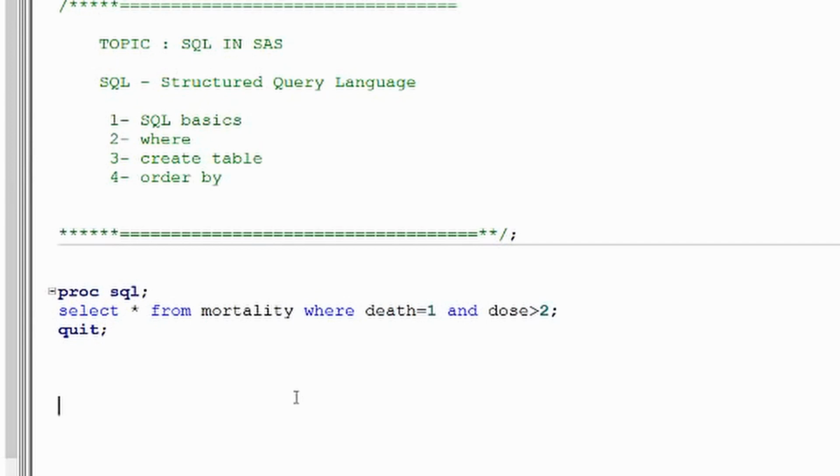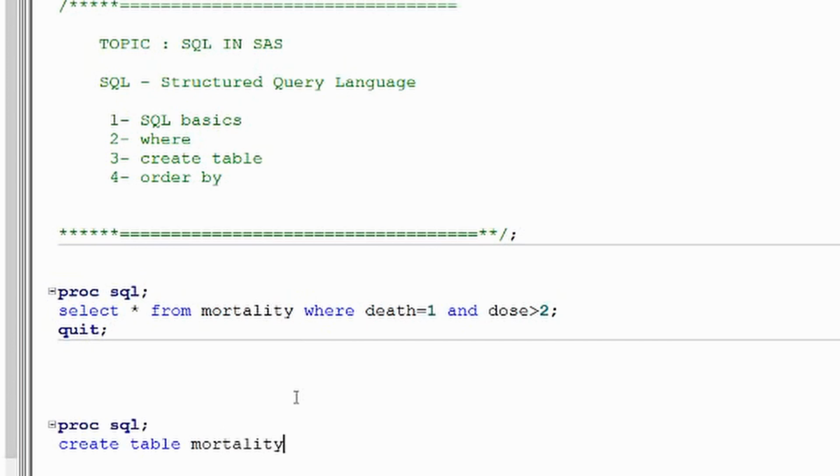The next thing that we will learn is how to create a new table from a parent table. You have seen that in base SAS we use the set statement in the data step. How do we do that in SQL? PROC SQL, create table mortality1.